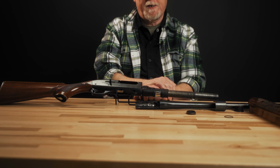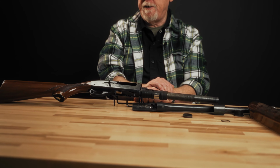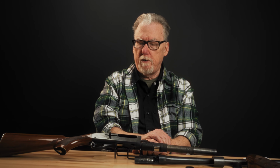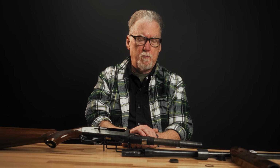And when that happens, that can cause just all manner of feeding issues. So it's an easy repair. Any gunsmith worth the name should be able to do that fairly quickly and easily for you. And the only other issue, and it's unique to the 1100, and we'll go into more detail on these when we take these guns apart on the bench,